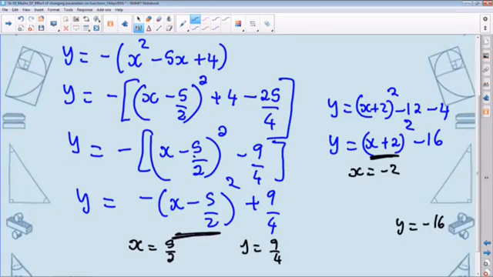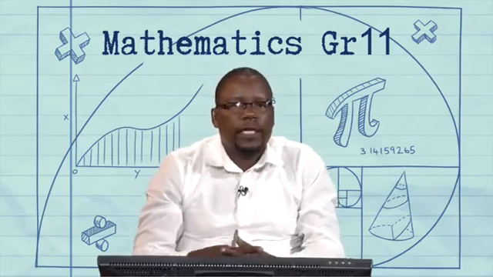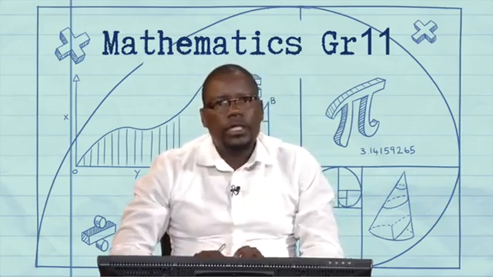Now, you will be able to determine what happened to your graph. The initial one is 5/2, and then the next one is −2. And then the initial one is 9/4, and then the next one is −16. So you need to determine what has happened to those two graphs. But guys, because of time, I'm sure you'll be able to do it and work on your notes, and there's